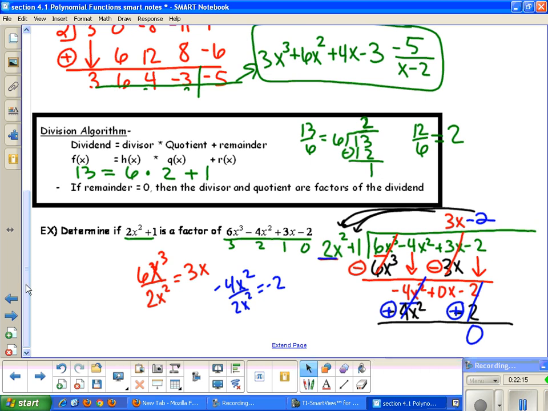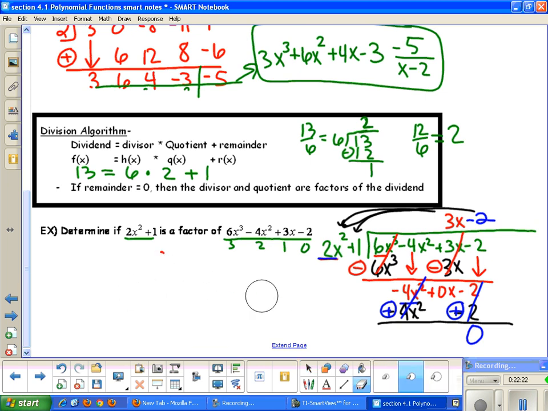So because the remainder is 0, I know that 2x squared plus 1 and 3x minus 2 are both factors of 6x cubed minus 4x squared plus 3x minus 2. And we can write that using the division algorithm. So this would be